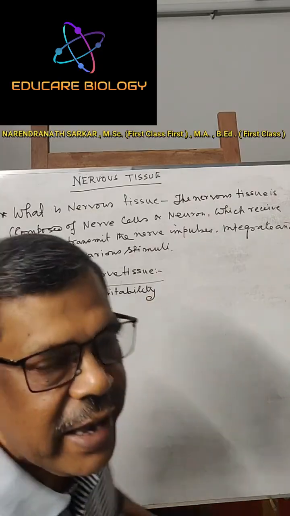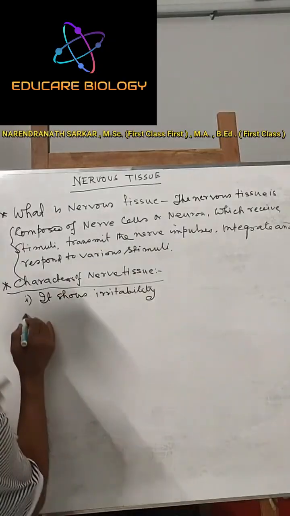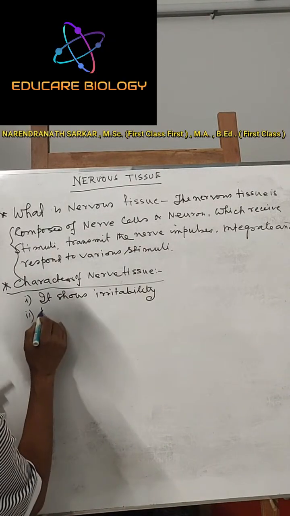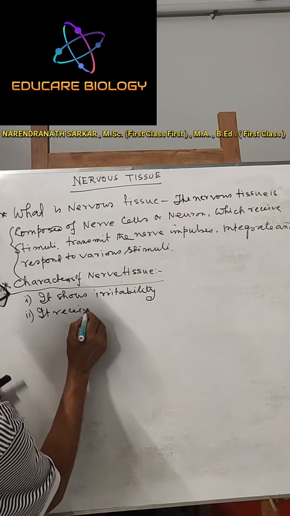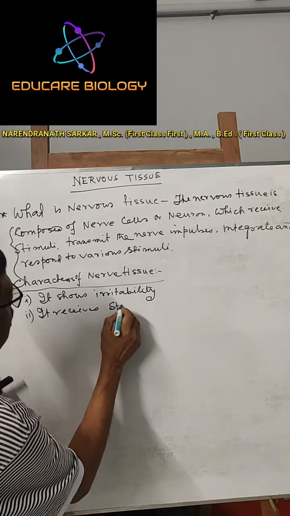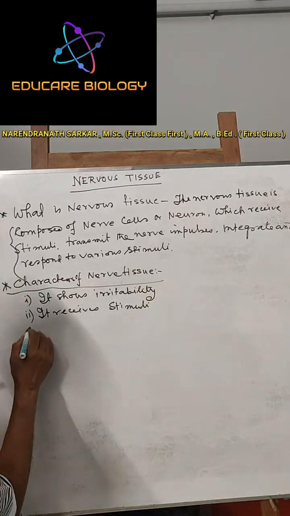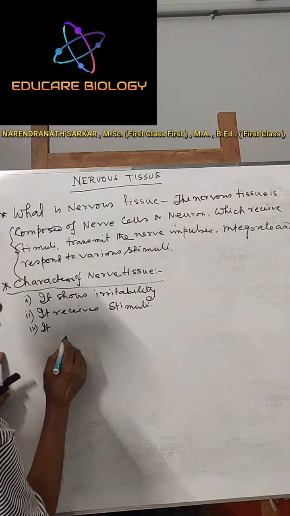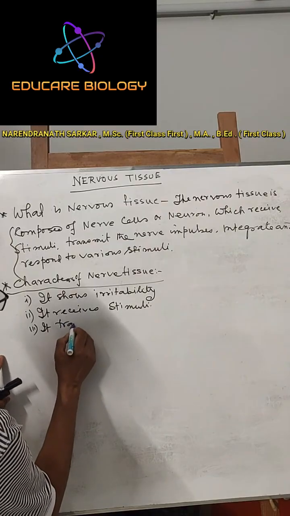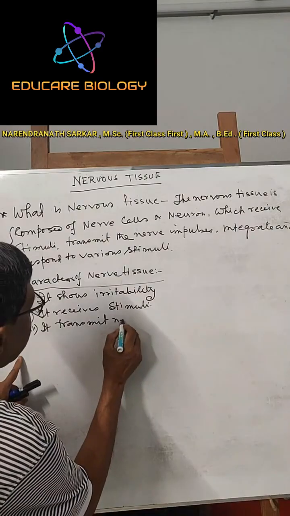Next, it receives stimuli. Roman 3, it transmits nerve impulse